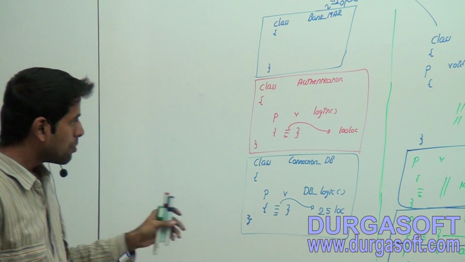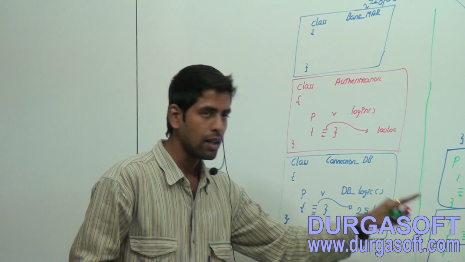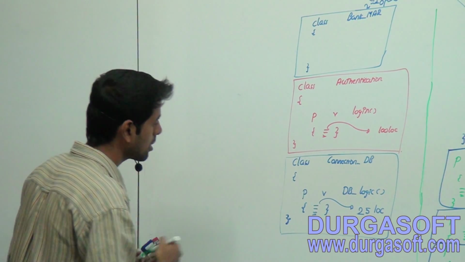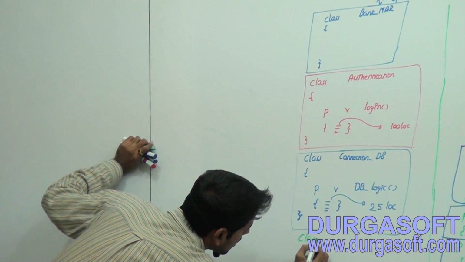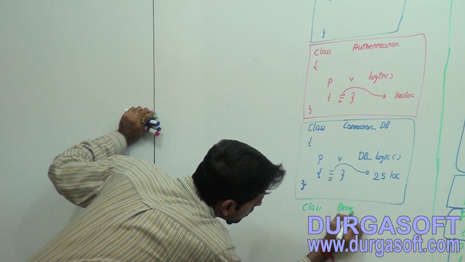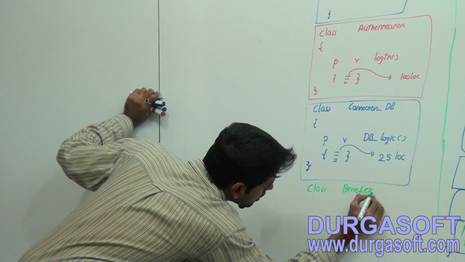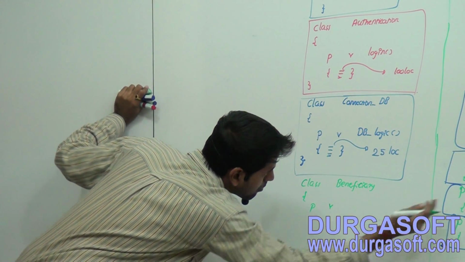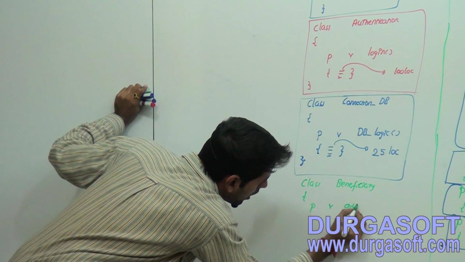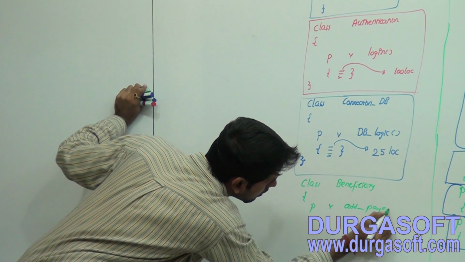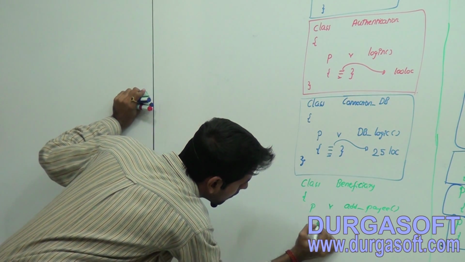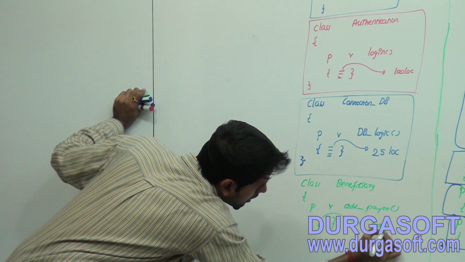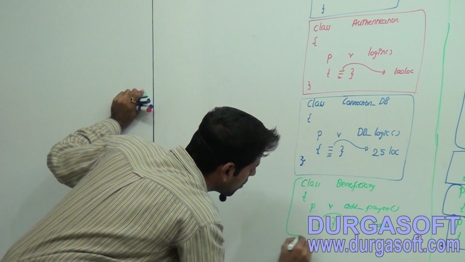Let me maintain another class for add payee. Okay, let it be class Beneficiary. Now within this class, add that method, public void add-payee. Here you have that implementation, it contains 200 lines of code,